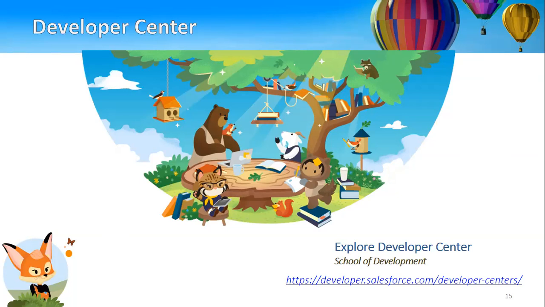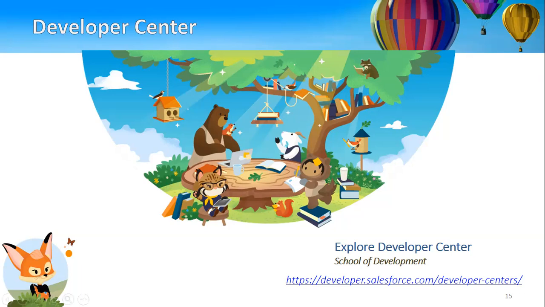So now let's move on to Developer Center. What is this Developer Center? As of now, we discussed so many skill sets. I told you there are API, SDK, AMPscript, and SSJS, but I did not give relevant help resources where you can go and check. That is when you can refer to Developer Center. Whatever you need to learn on the developer end for Marketing Cloud, not only Marketing Cloud but any products related to Salesforce, this is the right place to land. That is Developer Center. I would say it is like a school of development.